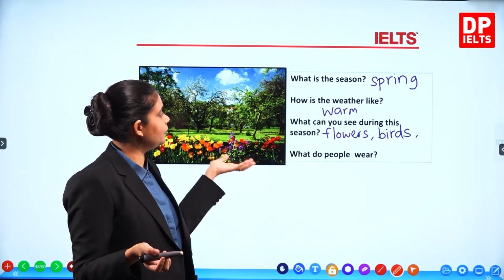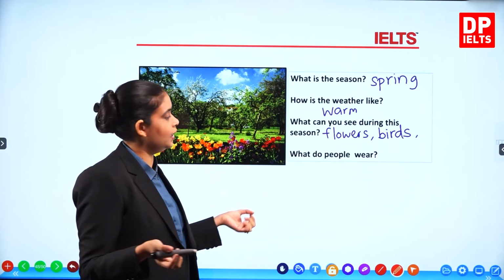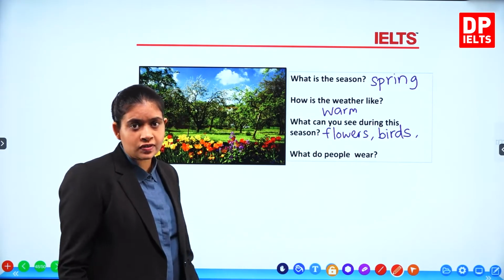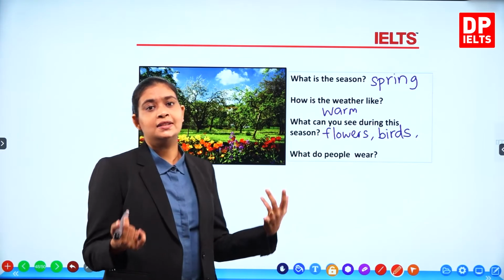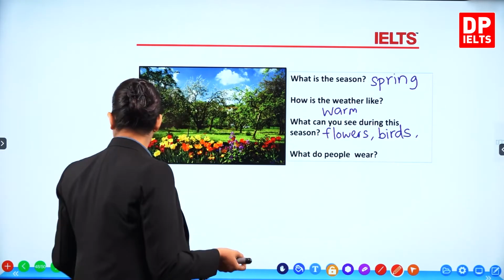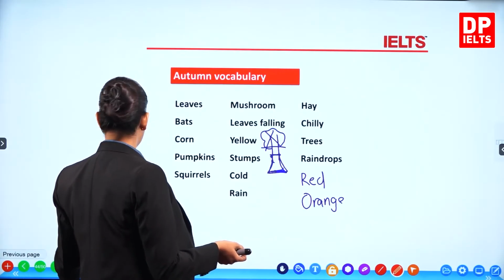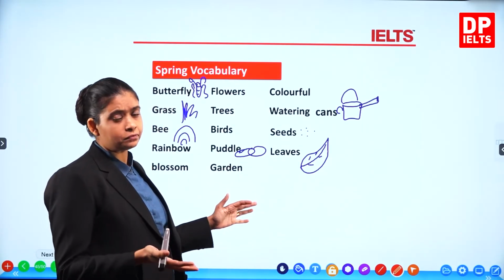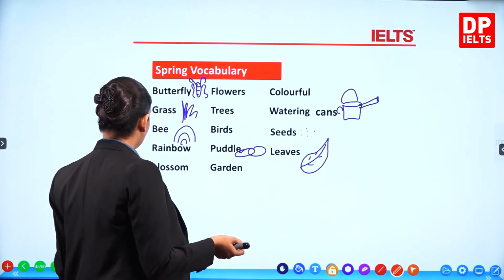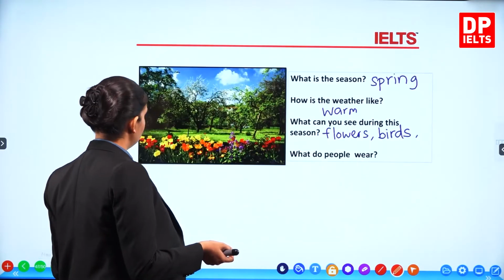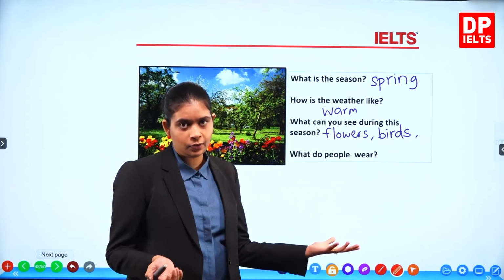So what do people wear during this season, right? They could wear shorts, okay? They could wear t-shirts. Now, if you come to the spring slide, if you can't remember, right? Here we didn't put any clothes, right? But by looking at the picture, you should be able to kind of think about it, okay?